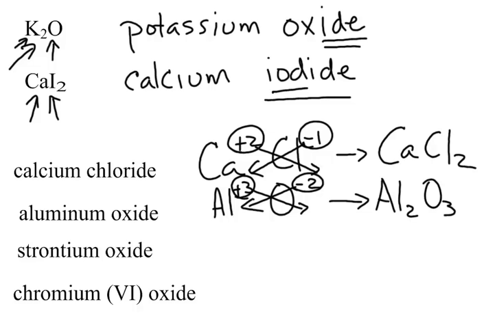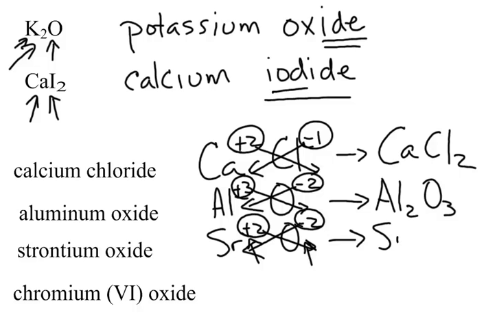Now, obviously, when we have elements that have a similar number of electrons being given up and accepted, for example, in the case of strontium oxide, strontium is Sr +2 and oxygen is -2. Because the strontium is giving up 2 electrons and the oxygen is taking 2 electrons, those combining capacities effectively cancel out. So our final formula, of course, is going to be SrO. That's pretty straightforward. All right. Now the last one we have here